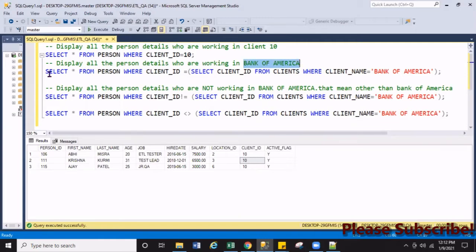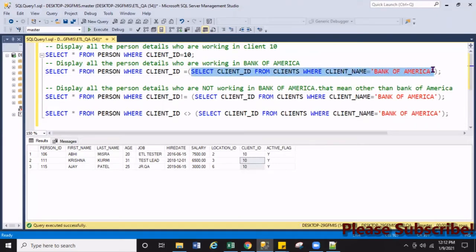So what is happening here? Here we are passing the 10, right? But rather than directly passing the 10, we write the subquery inside. Remember, a single row subquery will return only one row and one column. When you run the whole query, first it will run only this.